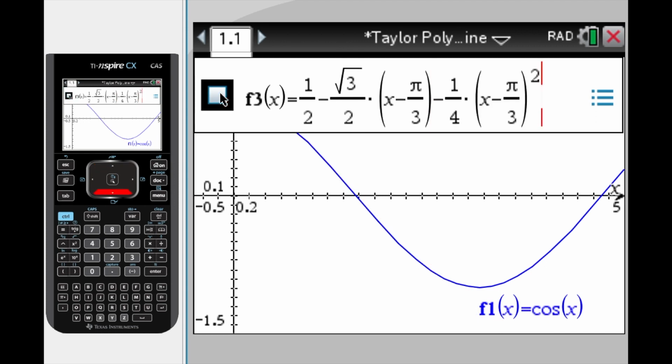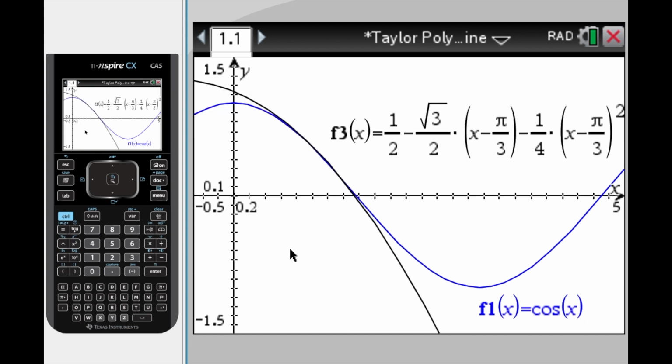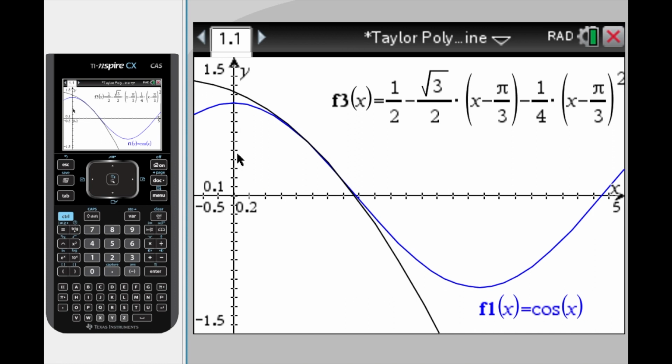second degree Taylor polynomial, and we know this is the second degree because we have f of c here. We have a first derivative, and we can see the power is equal to 1 on our x minus c factor. Now, this is in simplified form, so you don't see the 1 and the 2 factorial down here, but we see our x minus c has a power of 1 and a power of 2. So this is our second degree Taylor polynomial, centered around pi over 3. And all of a sudden, we've got this black graph coming through, and it really seems to be almost sharing that cosine function for a much longer interval of domain. And there's errors along this, of course.